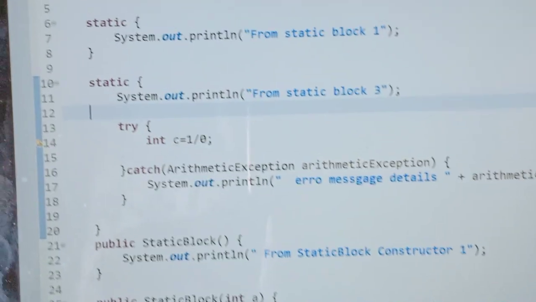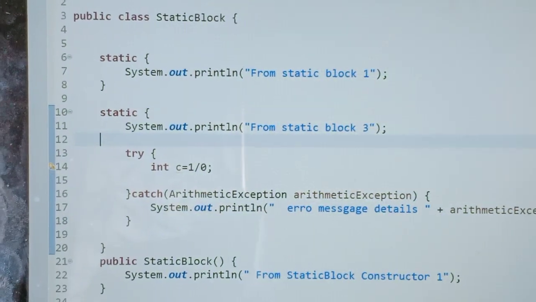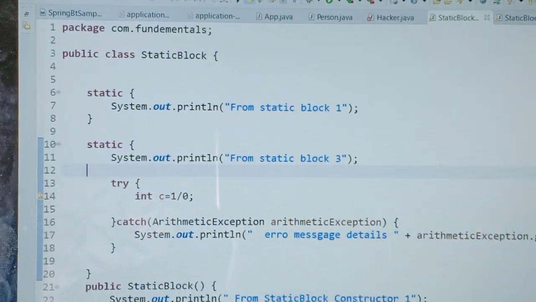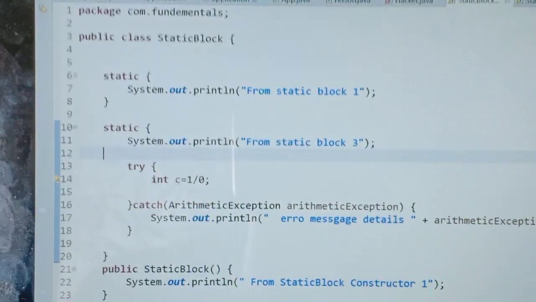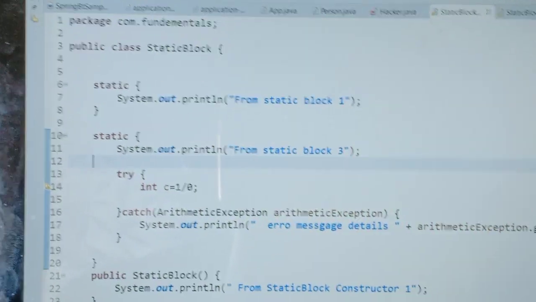The static block will always be executed whenever the class is loading. Before discussing this, we are going to define the rules of the static blocks.